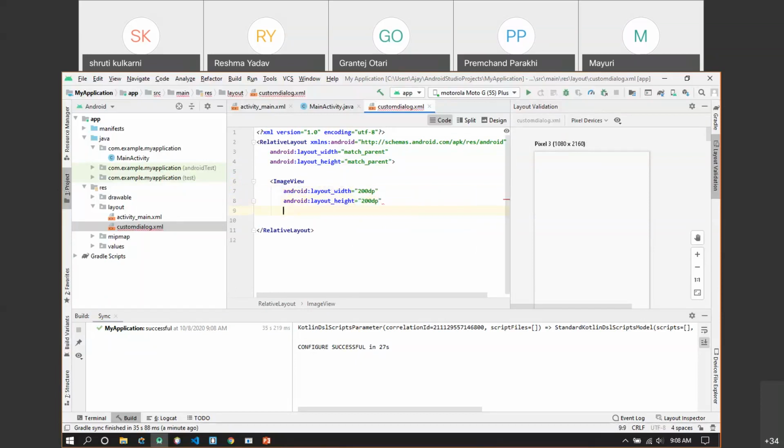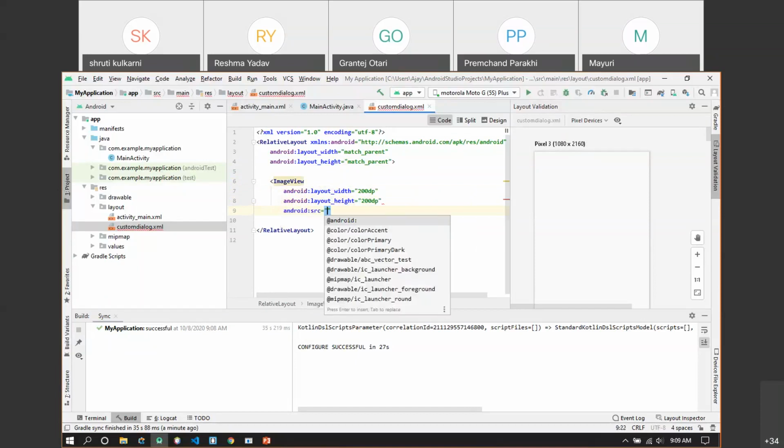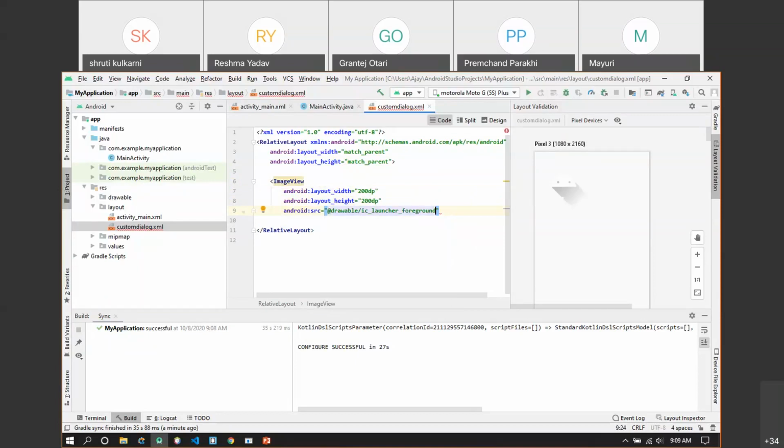Then I have to choose an image, so I'll choose the SRC. The image will be available inside the drawable. I'll go into the drawable and go to the launch foreground. So this is the image I have chosen.